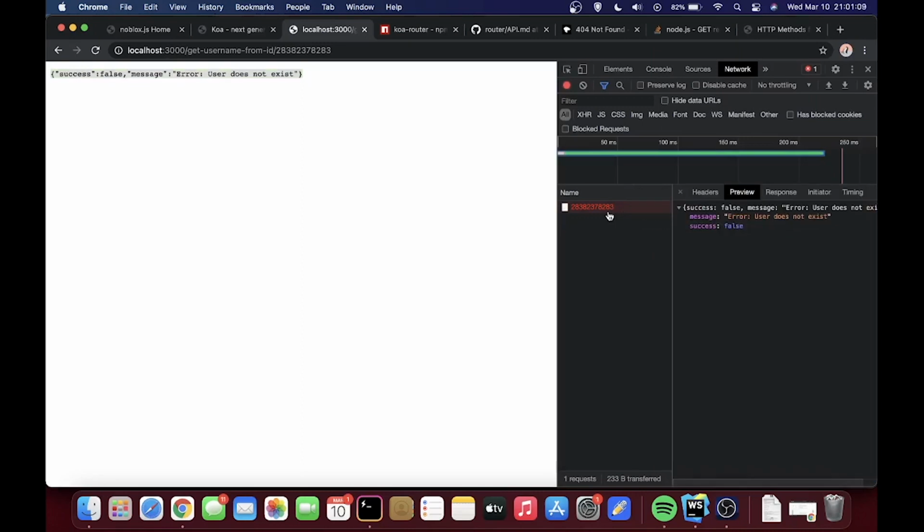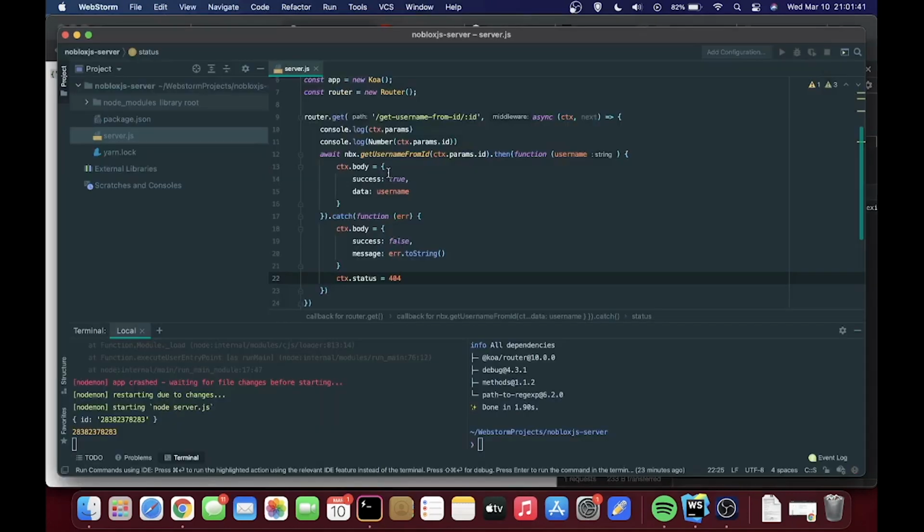Now, if I'm actually working with this with a Discord bot or a game, I can analyze the status code and figure out, is this what I wanted? If it's a 200, then I know this is exactly what I wanted and I can use this data. Or if I want, I can parse this JSON formatted message and do stuff with it. If it is a 200 message, go ahead and do something with it for the game. But if it's not, let's not do anything with it. Otherwise, we're going to break our code because we have an error and we don't want that. So that's why we catch our information here.